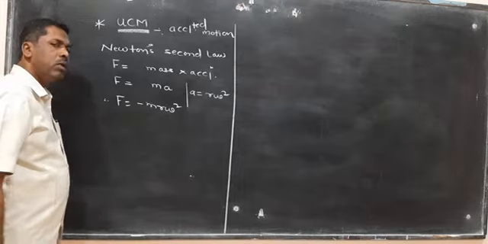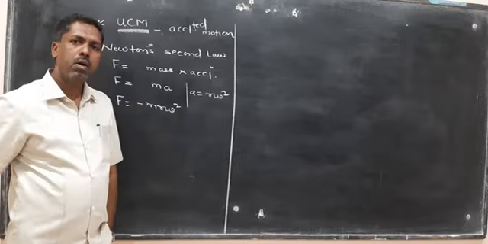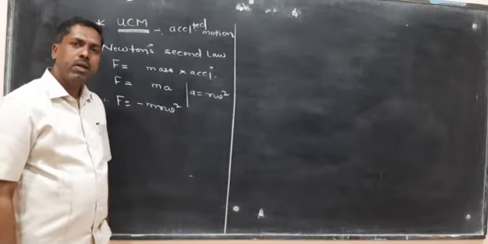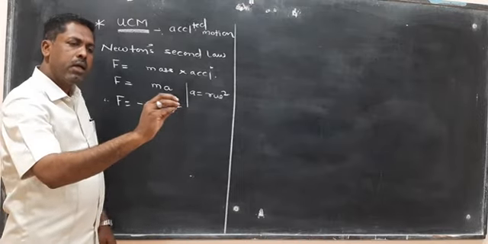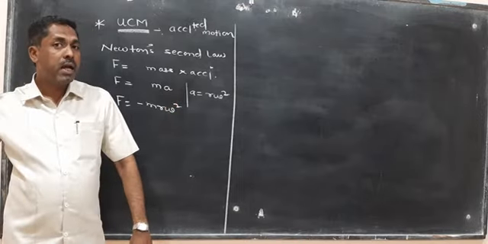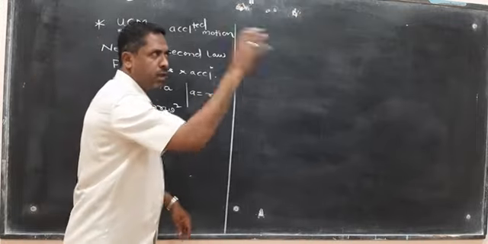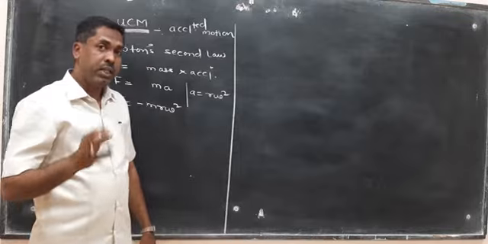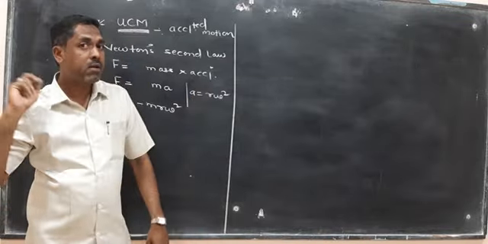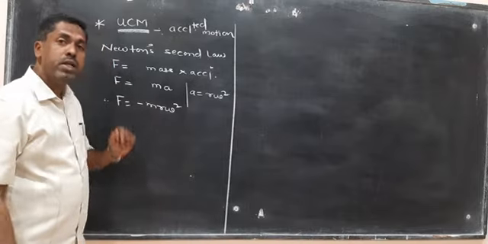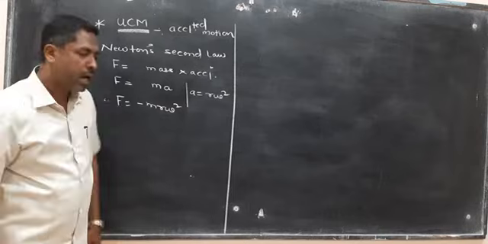Why is the negative symbol there? Because whenever a force is acting on a particle or an object, at that time we take our hand first in the reverse direction. If we are throwing a ball in the forward direction, then before throwing the ball we take our hand in the backward direction. So this negative sign indicates that the force is acting in the opposite direction.